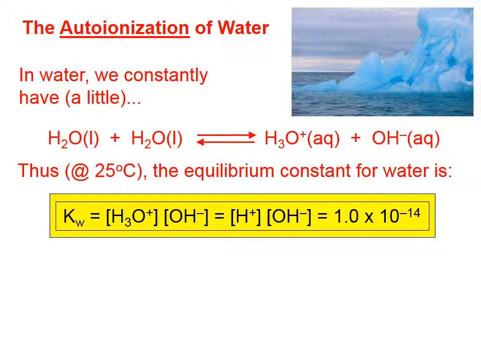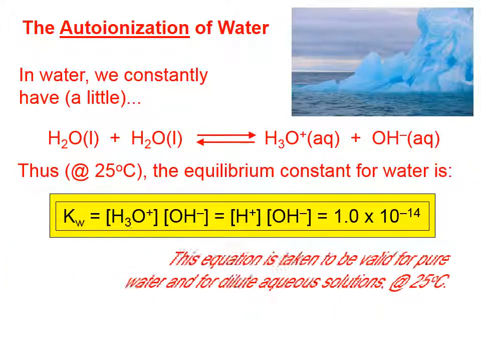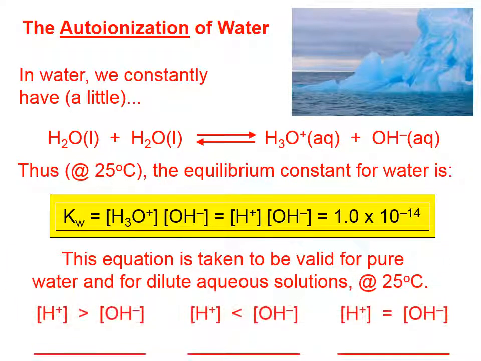Now typically, I'm going to shorten this to hydrogen ion times hydroxide ion concentration gives this number, 1 times 10 to the negative 14th, but we recall that if we're counting hydroniums or we're counting hydrogens, the numbers are the same. So this equation is taken to be valid for pure water and for dilute aqueous solutions at 25 degrees